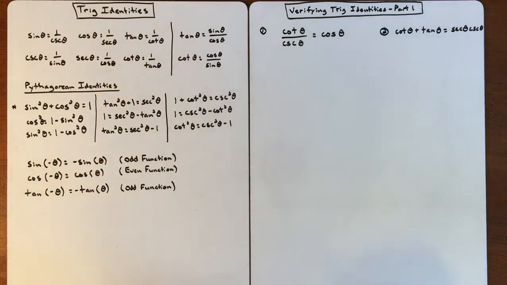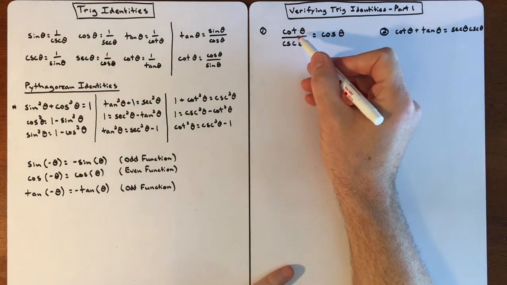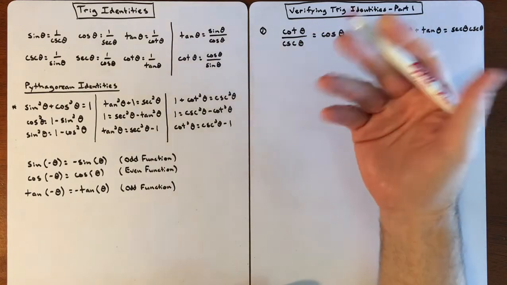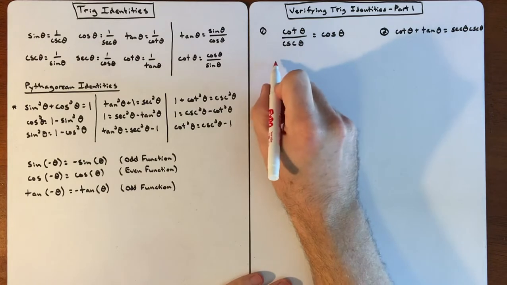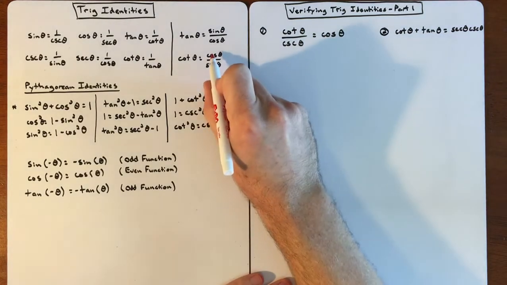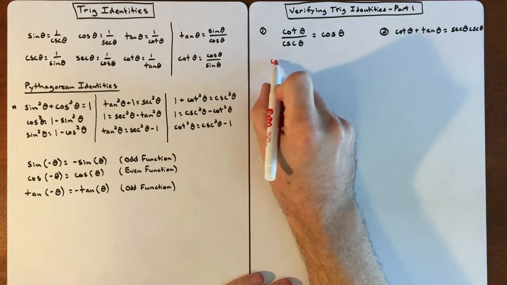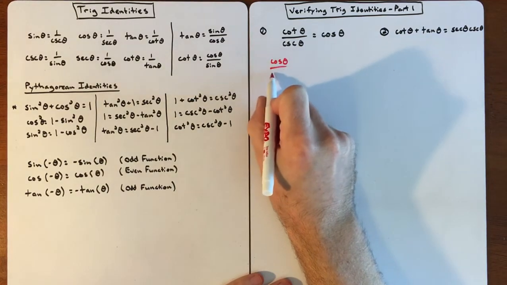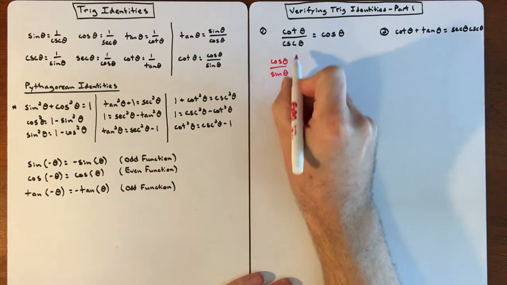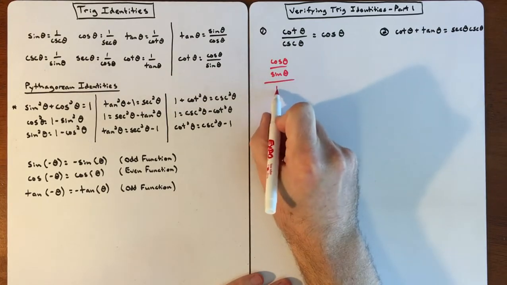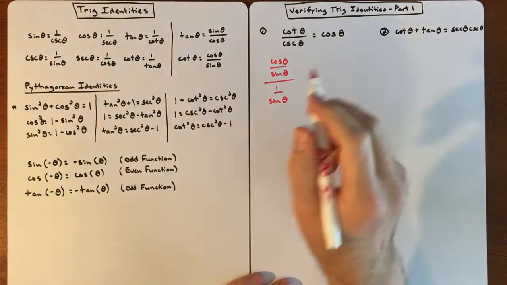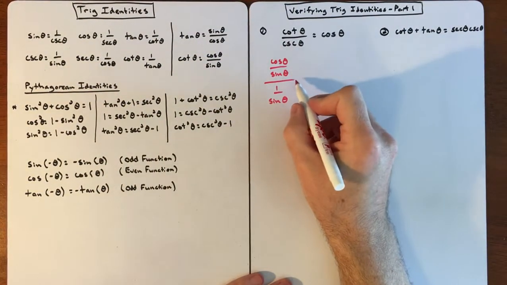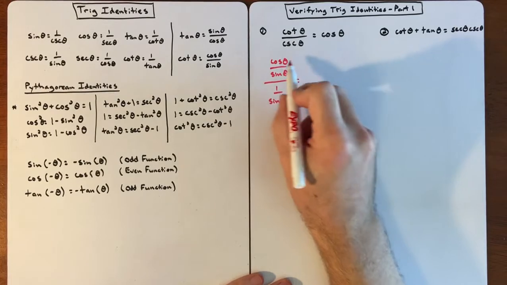So, let's begin. If we have cotangent theta divided by cosecant of theta, I again think, well, let's turn everything into sines and cosines. So we have cotangent, and cotangent is cosine over sine, and then cosecant is 1 over sine, which is right here. So if we manipulate this a little bit,